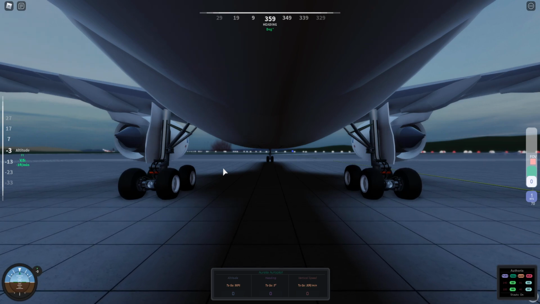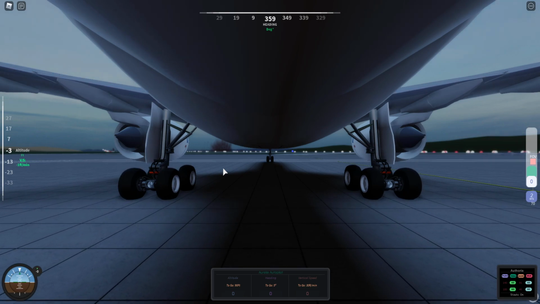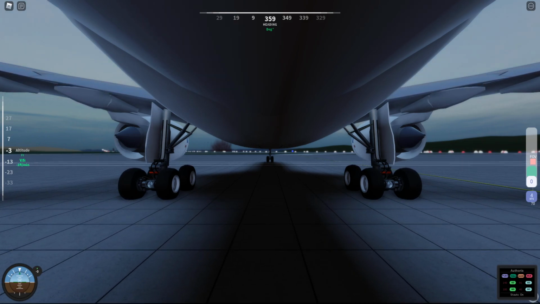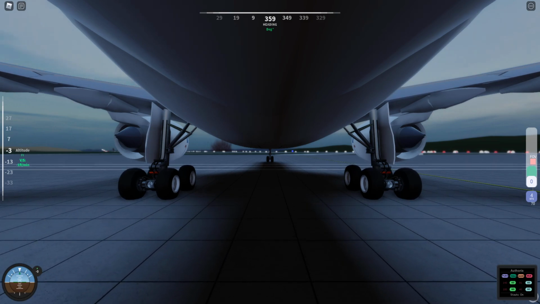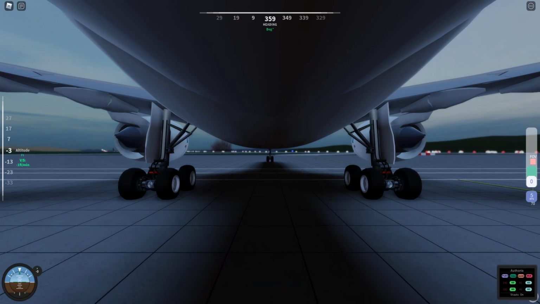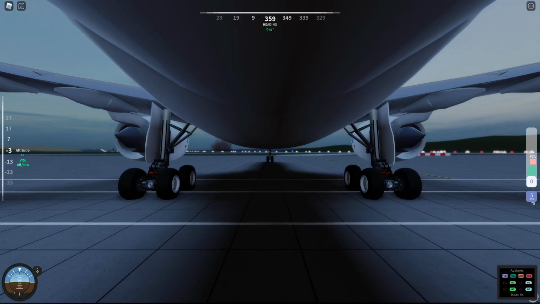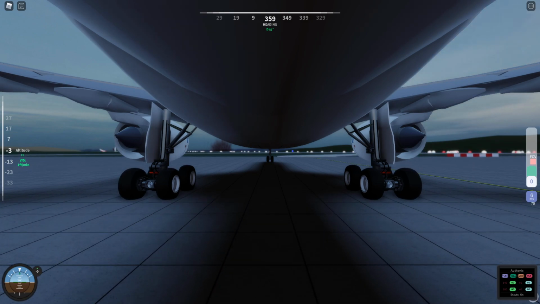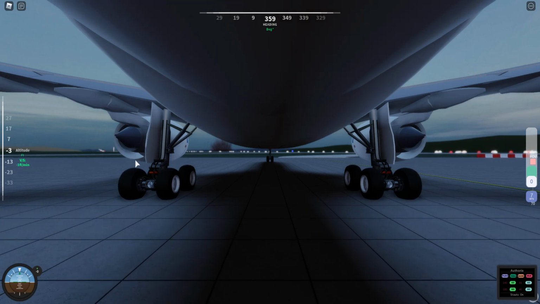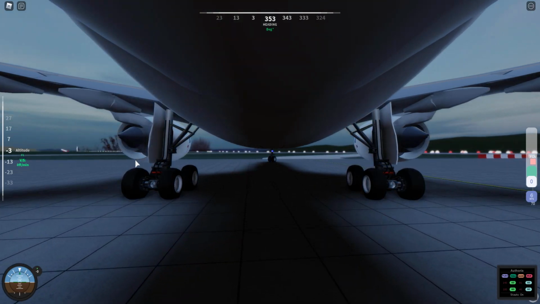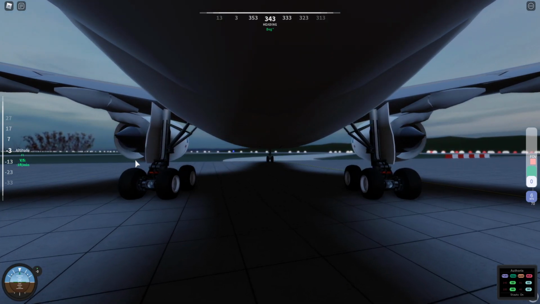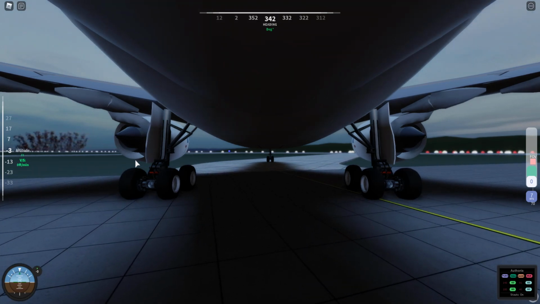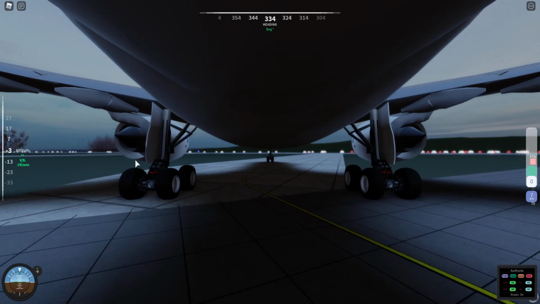So I'm going to taxi. I'm going to taxi right now to the runway, and I'm going to line up for takeoff. This plane is still a bit of a work in progress before I open it today for, again, my testers. And I'm going to take off and basically try and demo